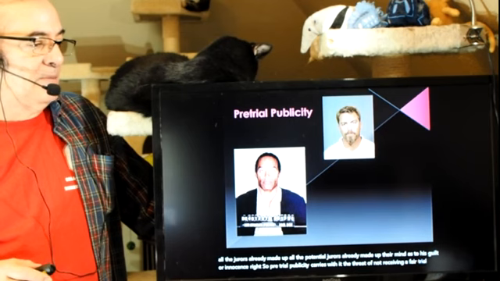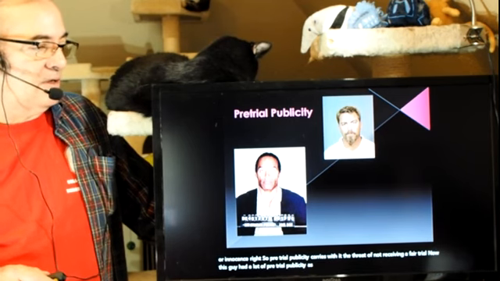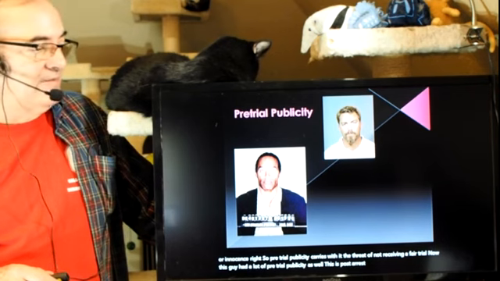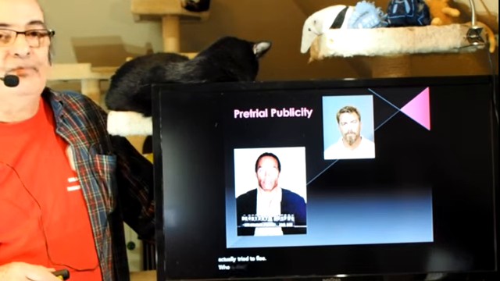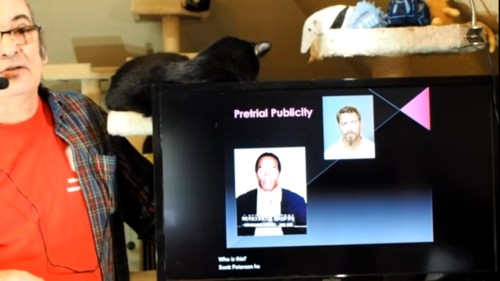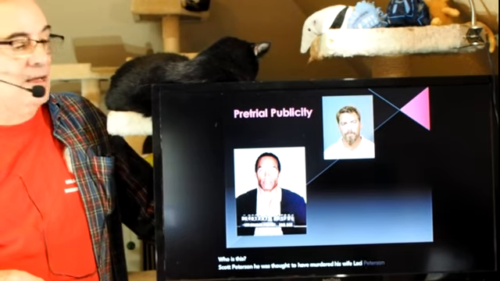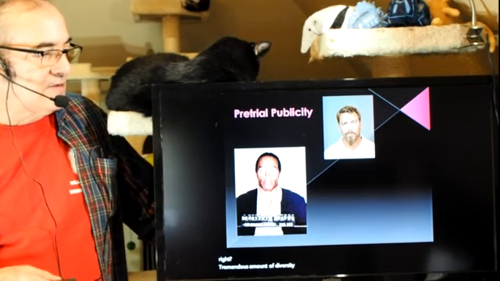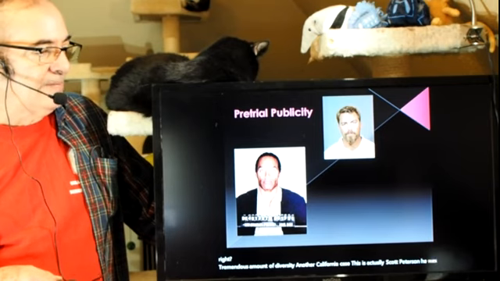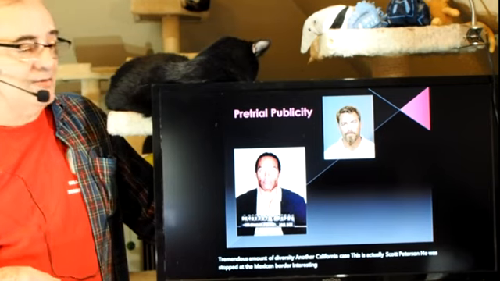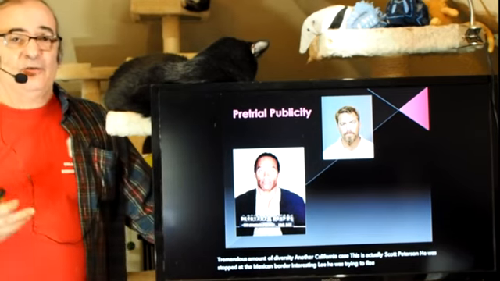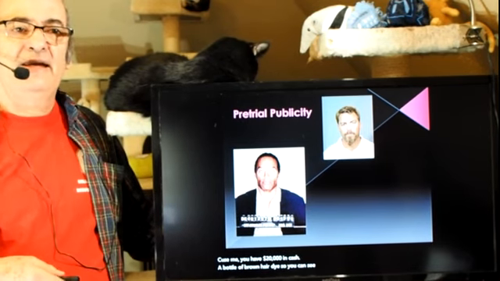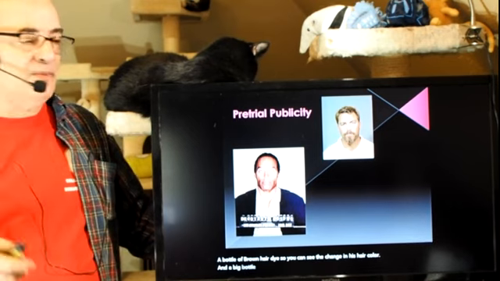Now, this guy had a lot of pretrial publicity as well. This is post arrest for him because he actually tried to flee. Who is this? Scott Peterson. He was thought to have murdered his wife, Laci Peterson, and the unborn child, right? A tremendous amount of publicity. Another California case. This is actually Scott Peterson. He was stopped at the Mexican border. Interestingly, he was trying to flee prosecution. He had $20,000 in cash, a bottle of brown hair dye, so you can see the change in his hair color, and a big bottle of Viagra. So I don't know what his plans were down in Mexico, but that was where he was going.